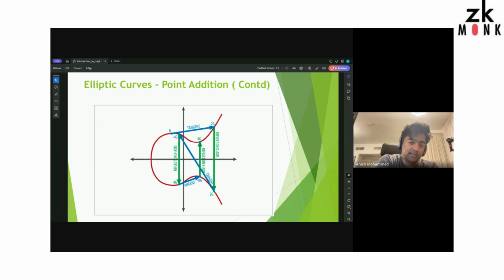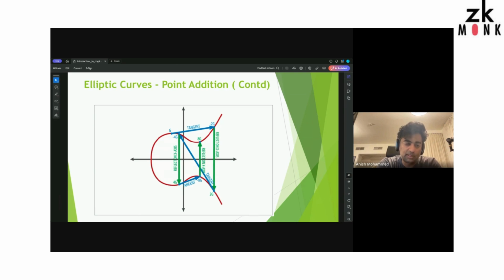Okay, why is this more interesting in this sense? So imagine you want to add a point to itself, right? I described the way you would do this when you have P and Q. Instead of this, I only have one P, and I actually want to add P to itself. So I draw a tangent at the point, and then do a reflection, and repeat this process that I did for P and Q multiple times. So when I do this multiple times, I can go to 2 plus 2.